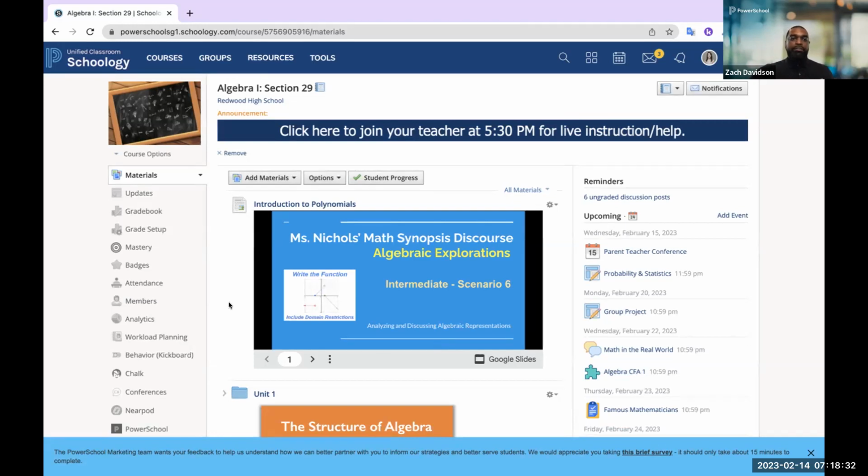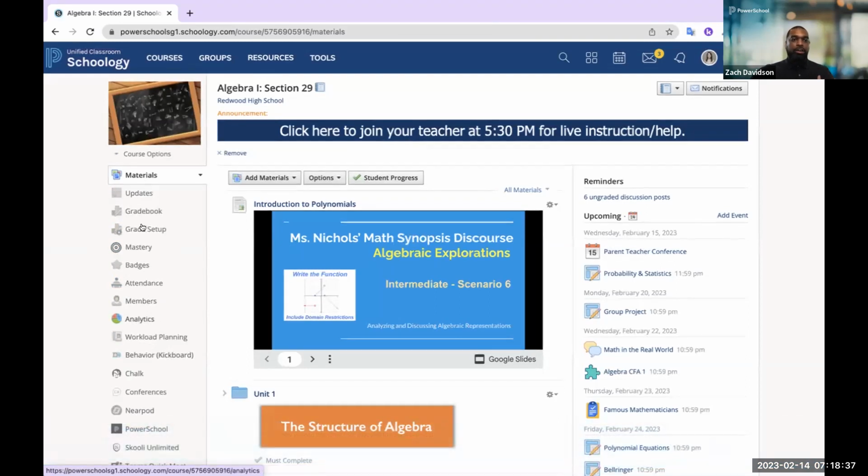This 3-column layout is going to showcase teacher tools to the left here, things like our updates, our gradebook, our mastery dashboard, all of that is going to be available. To the right column is that same reminders and upcoming feed that we saw from the homepage experience. However, this is going to be particular to this algebra course that I'm teaching. But it's really here in the center column where teachers get to be very creative in what they build and how they even deploy their content to students.